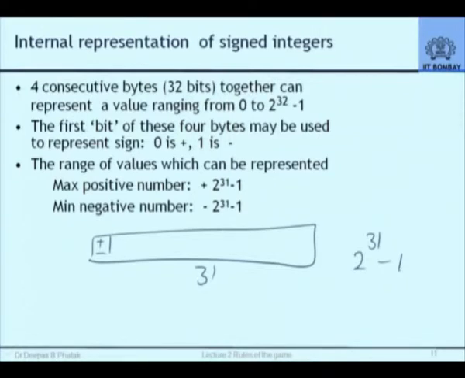The largest numerical value, positive or negative, that can be represented now will be plus this much and minus this much. There cannot be any value lower than this. That is why the range becomes plus 2 to the power 31 minus 1 to minus 2 to the power 31 minus 1. There is a dichotomy here. The total number of values that we can represent this way appear to be one less than the actual possibilities. Why does that happen?